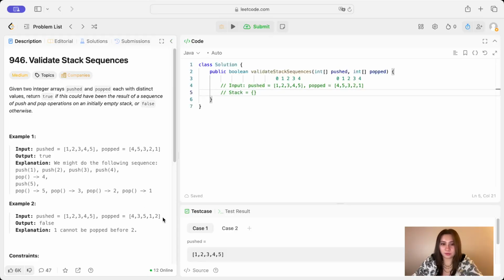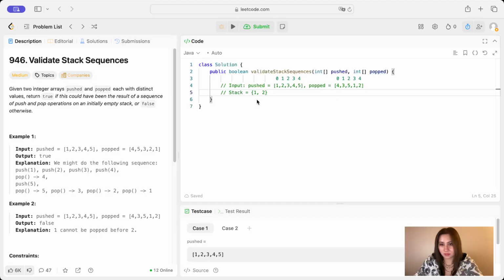And in example 2, we return false because this is not possible. So we can push 1, then we push 2, because every time we check here and popped to see if this number matches up with the element at the top of the stack, and so far it doesn't. So we keep pushing until we reach this number. So we can push 1, 2, 3, and 4, and then this 4 matches up with 4 here, so we pop 4, then since 3 is at the top of our stack, which matches 3 here, we pop 3, and